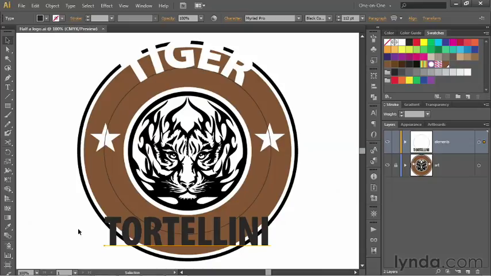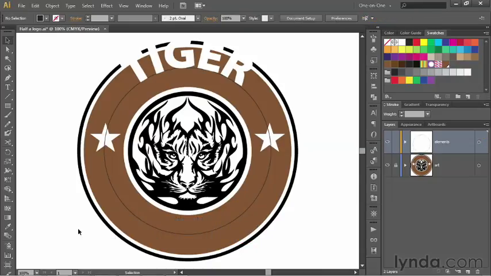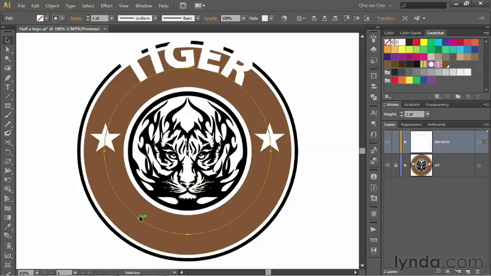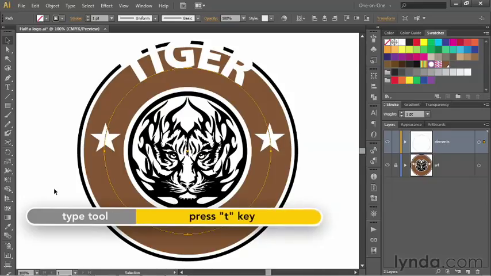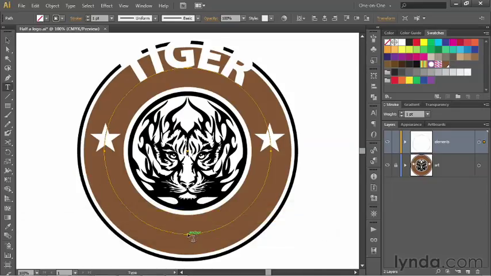And this time around, I'm going to do everything from the keyboard, so I'll press Control-X or Command-X on a Mac to cut that text to the clipboard, and then I'll click on the circle in order to select it, and I'll press the T key to switch to my Type tool. Notice this time, if I hover over the path outline, I see the I-beam cursor inside of a dotted circle, and that shows me if I click on the path outline, I'll create my text as area text inside the